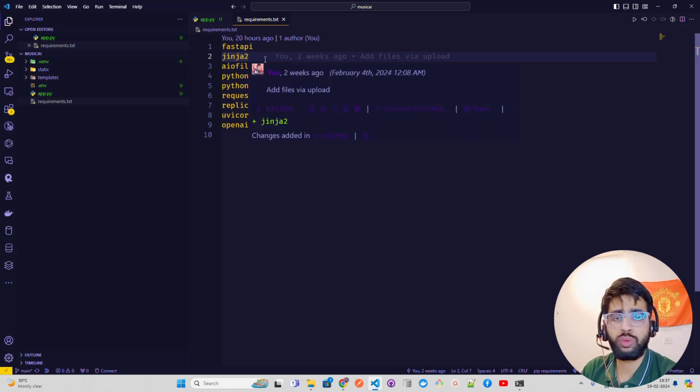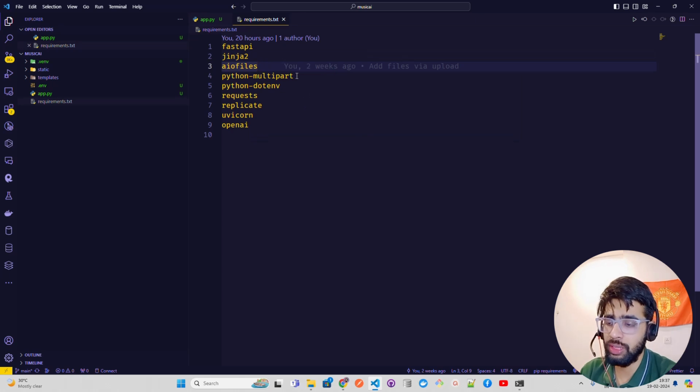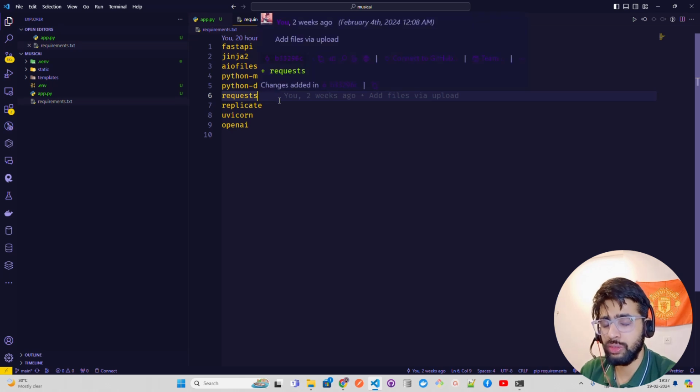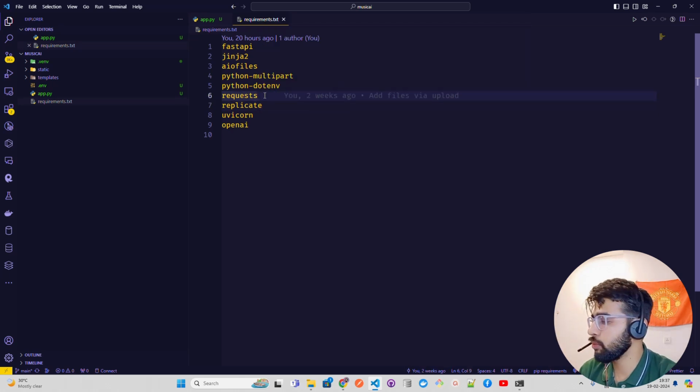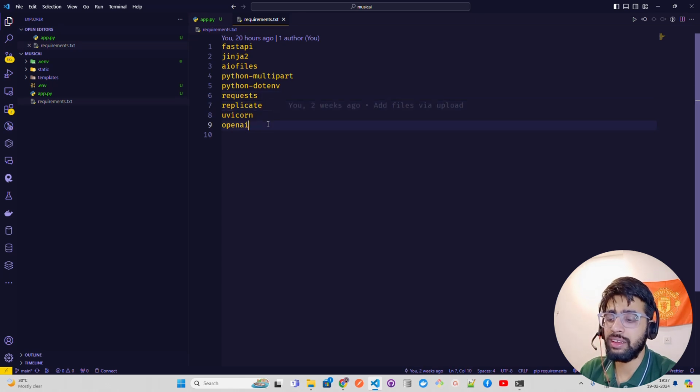We'll have to use Jinja2 templates, which we can integrate in FastAPI as well. We have aiofiles for uploading files, python-multipart, python-dotenv for environment secret keys and those kinds of configurations. We have requests, which helps you connect with the server. Then we have replicate. As I said, you can use AI as an API using Replicate. We have uvicorn and OpenAI.